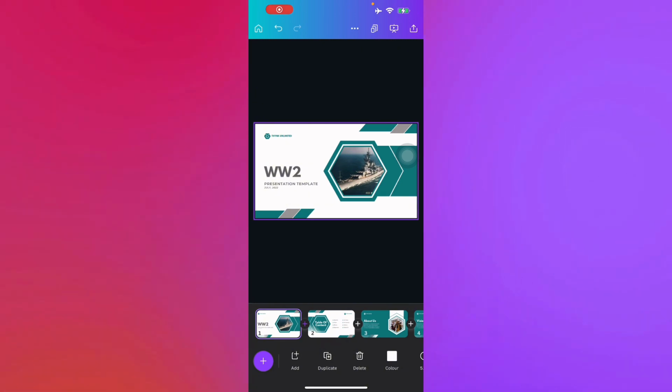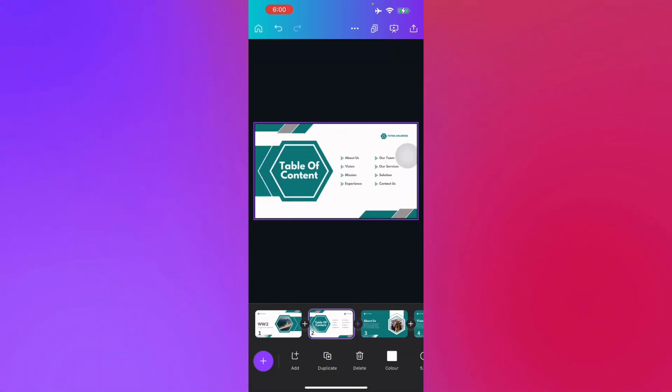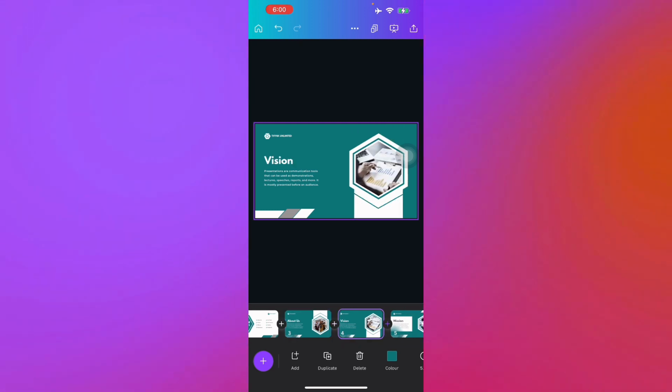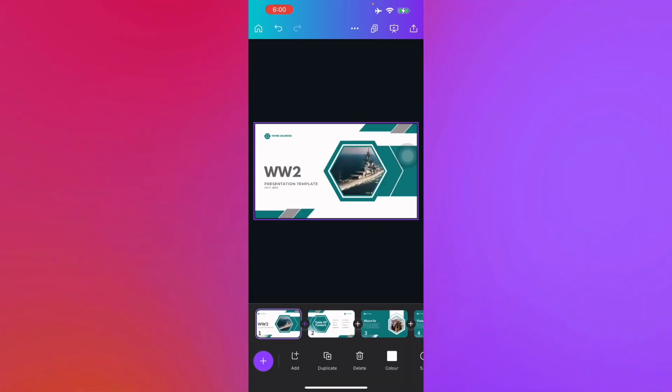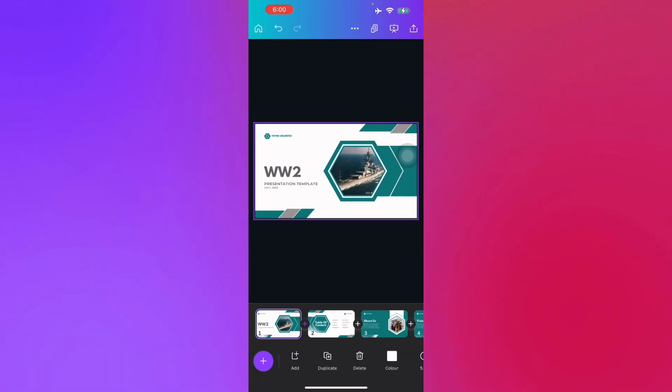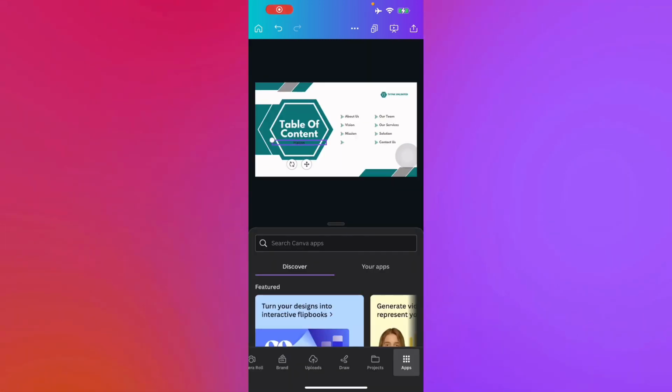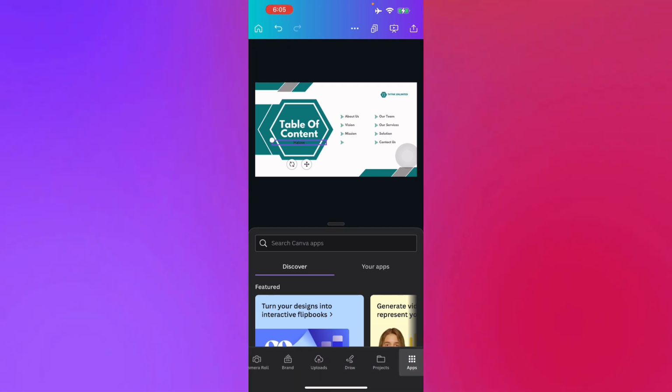So as you can see here, Canva has already uploaded a design for us. And as you can see, there's another template that's been overlaid with this. And I have selected the World War II template, which is the battleship. And as you can see right here, it has generated us a decent amount of data for us to work with. So the next thing basically we can do is go to our applications or apps,